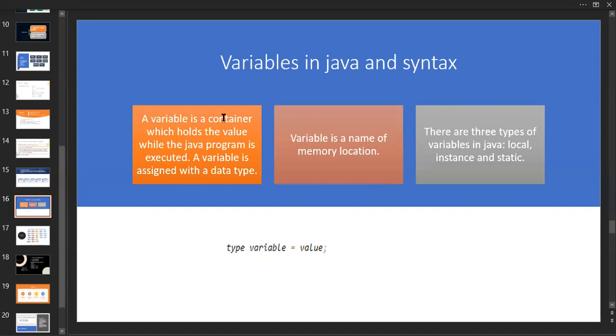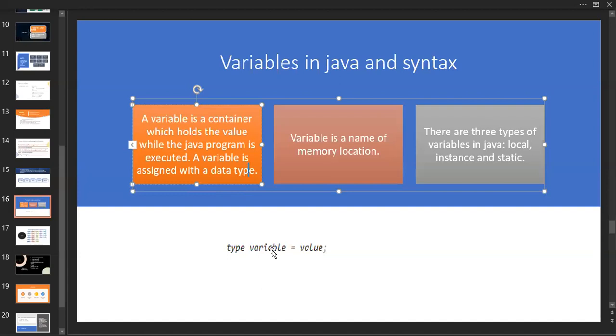I will show you how to declare a variable and how to initialize a variable. A variable is assigned with a data type; each and every variable must be declared with a data type. Without a data type, a variable does not exist.